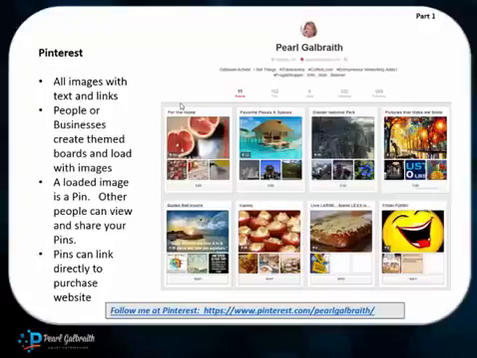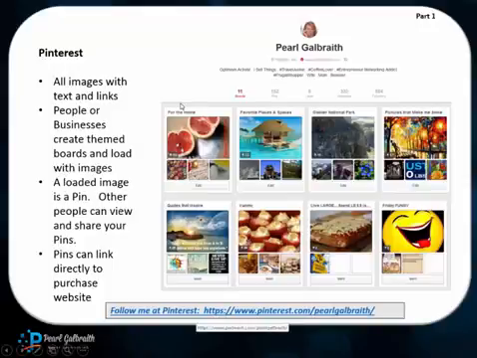Your pin can be tied with a link directly back to your website. So it's possible you can post a pin and it could get shared 3, 4, 5, 6, 7 times, and on the 8th time, somebody sees it and is really interested in your pin, clicks on it, clicks on your website, and becomes a customer. So if you have any product that is visually appealing, Pinterest is a great place. If you want to follow my Pinterest board, it's right here.